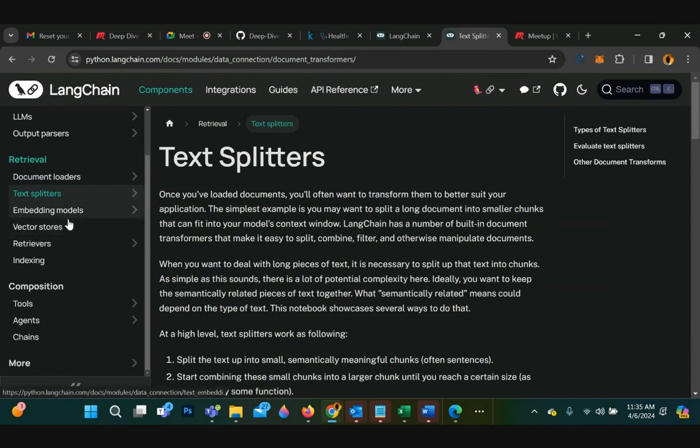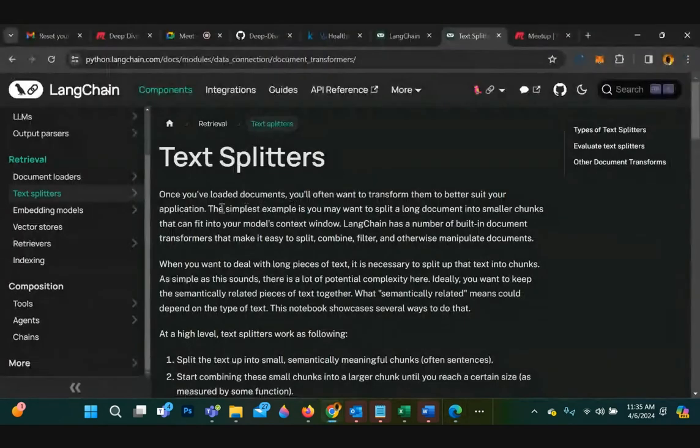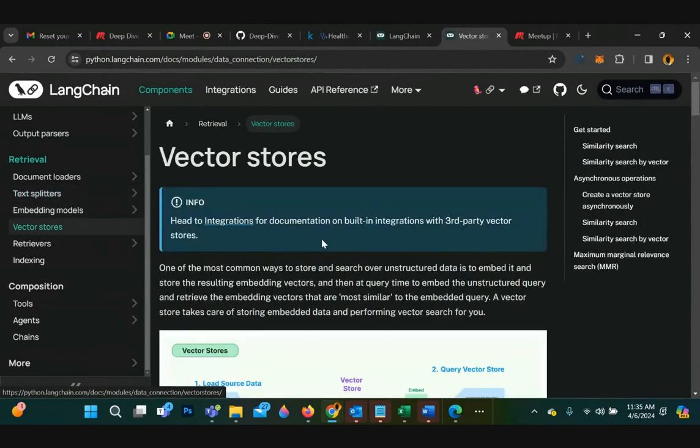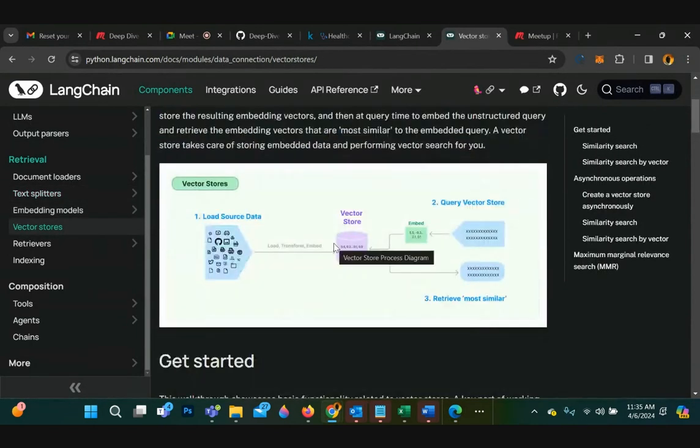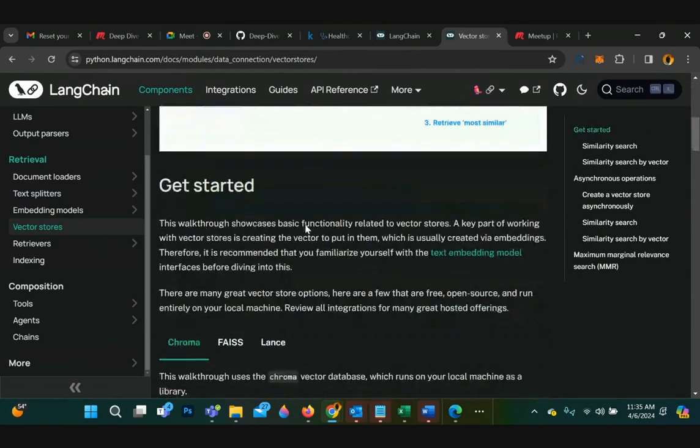And then we have the embedding models. So as a retriever, this is the embedding model here. You can use this to code your embedding model, and then they have vector stores. The vector stores here, as mentioned, I'm using, let's see, vector stores, what do they have?